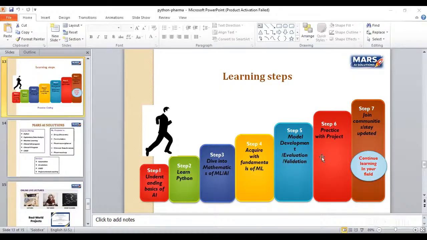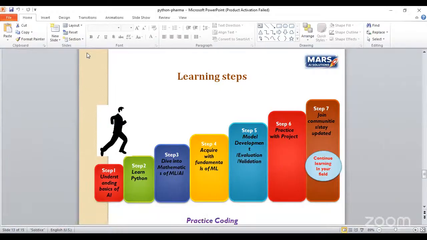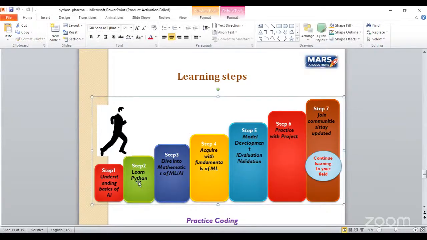Is my screen visible to everyone? Yes, ma'am. So this is the learning step. First thing is understanding the basics of AI and ML, at what stages we are going to implement these models. Next, very important, is learning Python. As a pharma background, we feel that it is very difficult, but it's very easy if you just understand the concepts. Why we are using this command? Why not other commands? So learning Python hardly takes